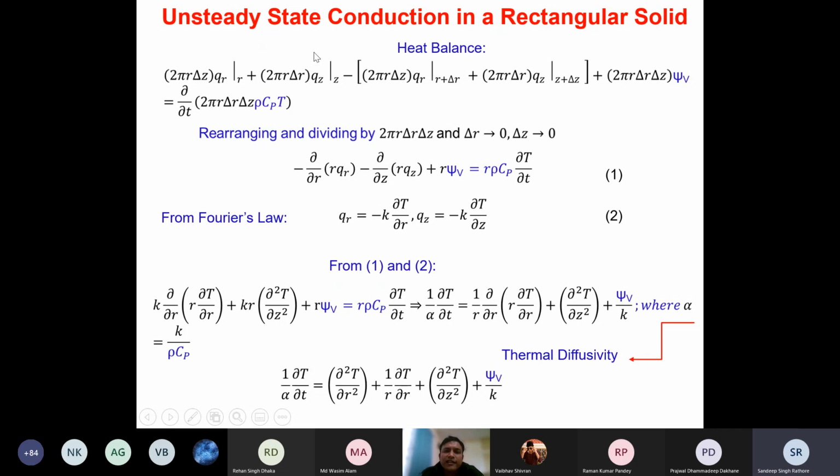Now if you divide this entire equation by the volume 2 pi r delta z, what are we going to get for this first term? For the first term we get qr at r minus qr at r plus delta r, divided by delta r, where delta r tends to 0. So what we are going to get is,